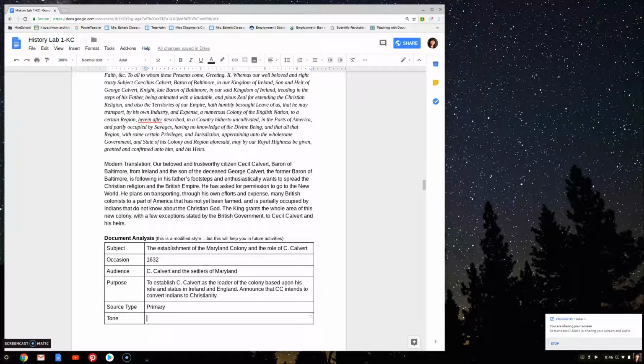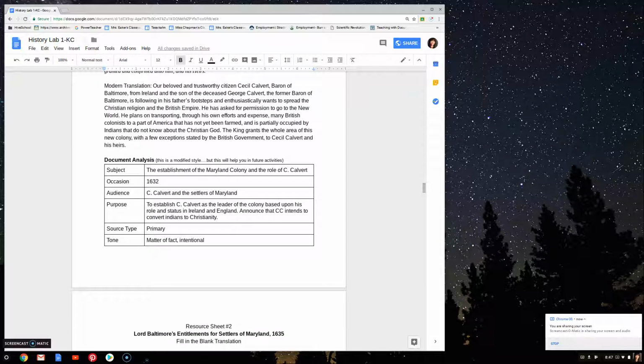All right, then the last thing we consider is tone. What is the attitude that's being expressed in this charter? Well, it's really not angry, it's not terse, it's just simply matter of fact. It's intentional, meaning that it has a simple purpose. Okay? So that's how